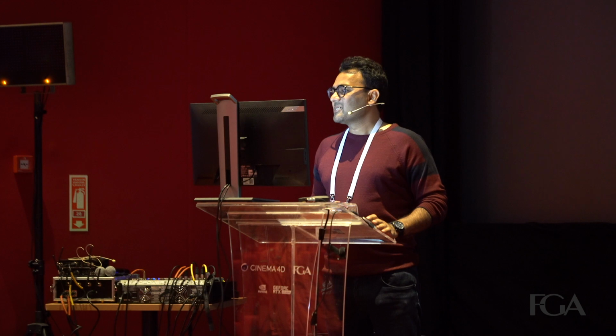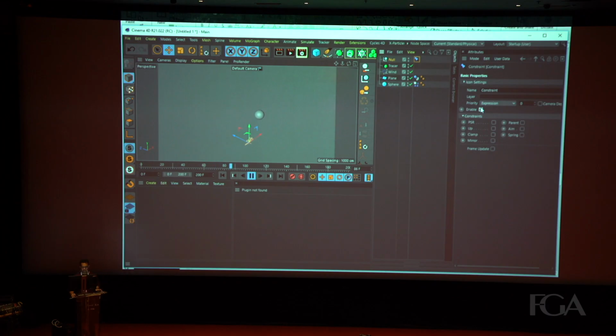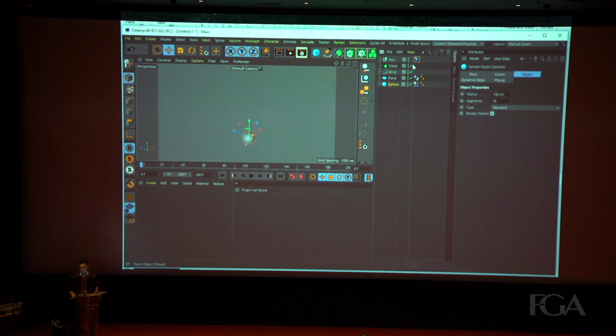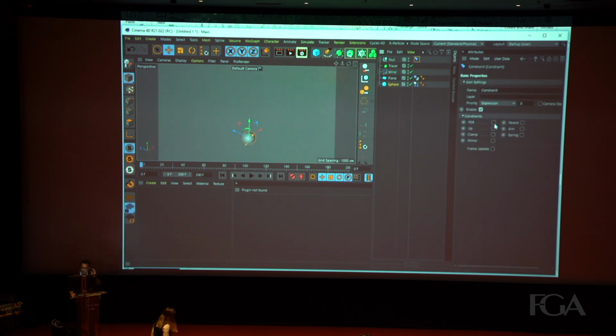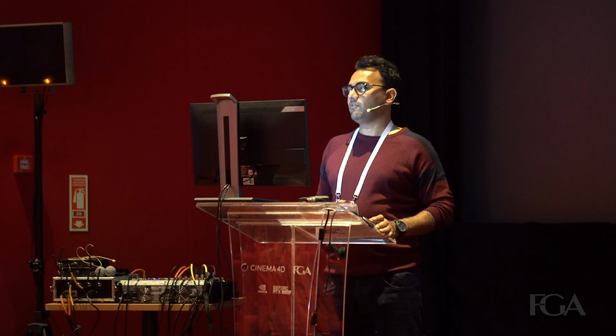Right mouse click, go to the rigging tags and constraints. Constraints help to parent with the other object. In constraint, I'm just selecting PSR. And in the PSR tag, I'm saying don't follow the rotation.